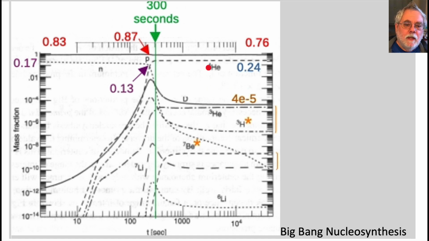Helium 4 and helium 3 can fuse to produce beryllium 7, which is this curve. Beryllium 7 decays to lithium 7 with a half-life of 53 days. So the lithium 7 concentration today is an order of magnitude higher because beryllium 7 got produced and it decayed to lithium 7. Two helium 4 nuclei can fuse to produce beryllium 8, but it decays back to helium in less than a trillionth of a second.